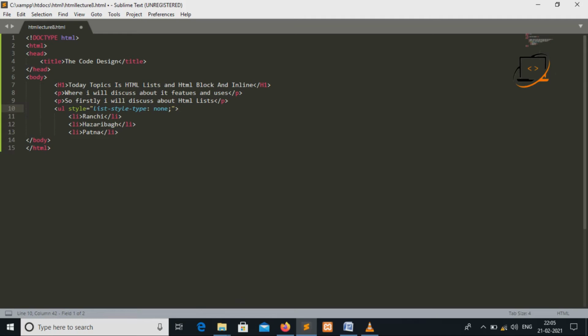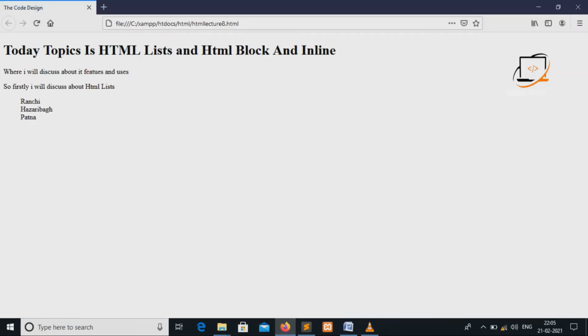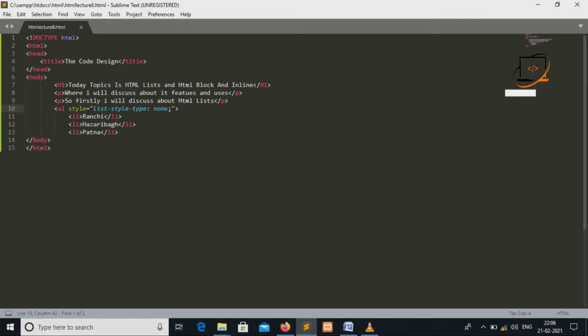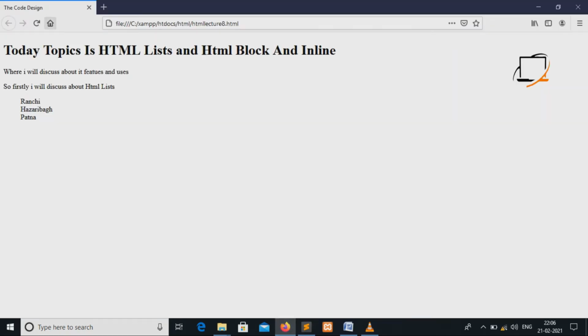Now check the output. Here the circle is replaced and none is represented. None means nothing is displayed on the list item, but if we use square here, then a square box is shown. This is a basic example.